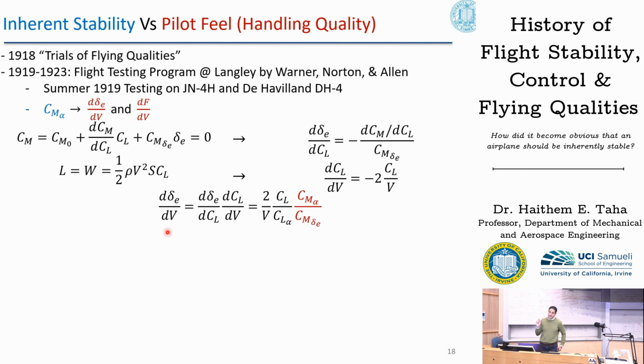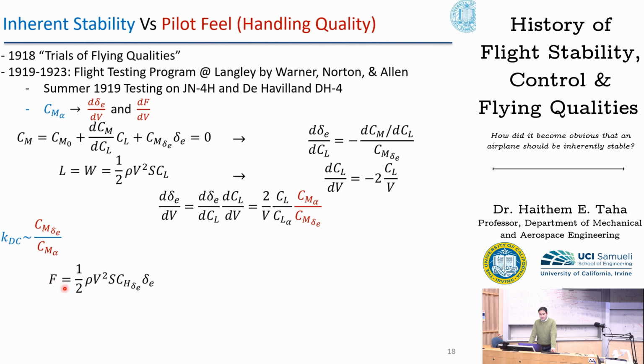Interestingly, there's a point here that skipped historians. To me, this slope is not only proportional to Cm alpha. In fact, it's proportional to the ratio between Cm alpha and Cm delta, which is related to the DC gain of the transfer function. That's the sensitivity. And the interesting point is that these engineers arrived at this metric without having access to the knowledge of classical control theory and the concept of a DC gain. This was not available or well established at the time, which points really to the engineering ingenuity of the staff.